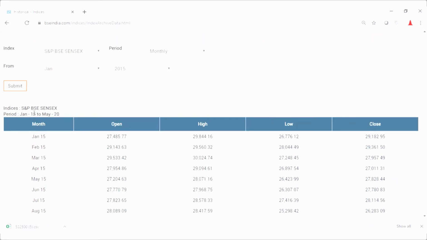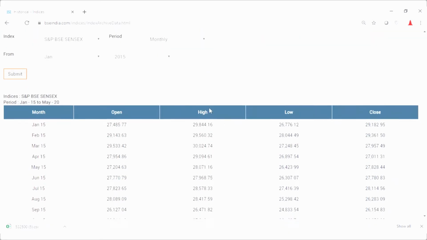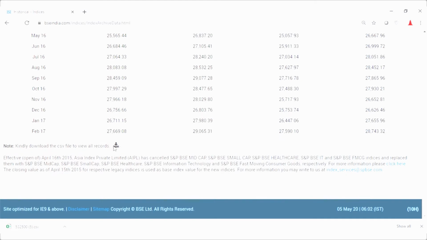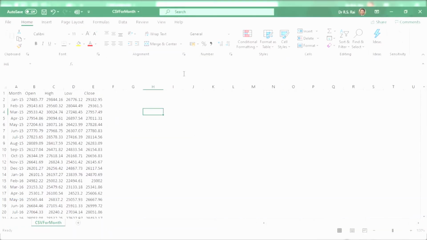Here also you get a lot of data, open, high, low, close, etc., and press this to download the complete records. You download it and it looks like this: monthly, open, high, low, close. Here also we are interested only in dates and the closing prices.